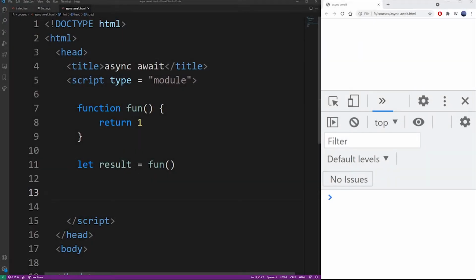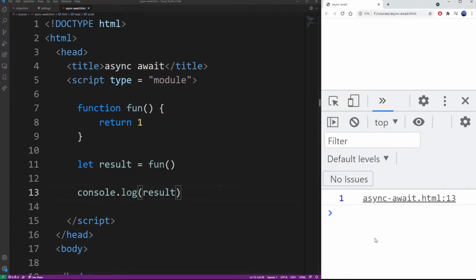Let's say we have a JavaScript function called fun, and all it does is return a value of 1. Let's execute this function, assign the result to the result variable, and print it out. I'm going to run this code, and you will see in the console, all it does is print out the result